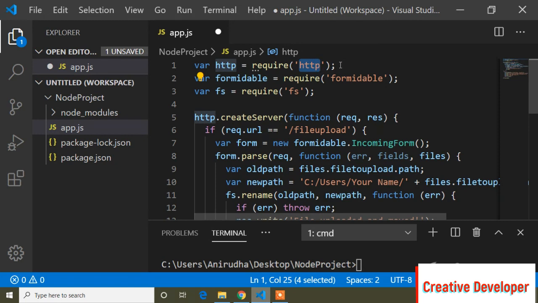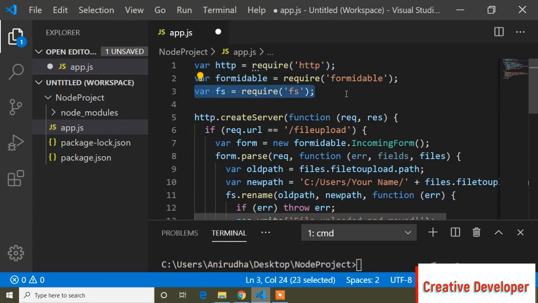And here fs is the file read package. Fs means file system, that's the short form, and if you didn't watch that video also, I will provide the link in the description. Go to the description and watch these two videos, how to create a server in Node.js and how to read a file using fs.